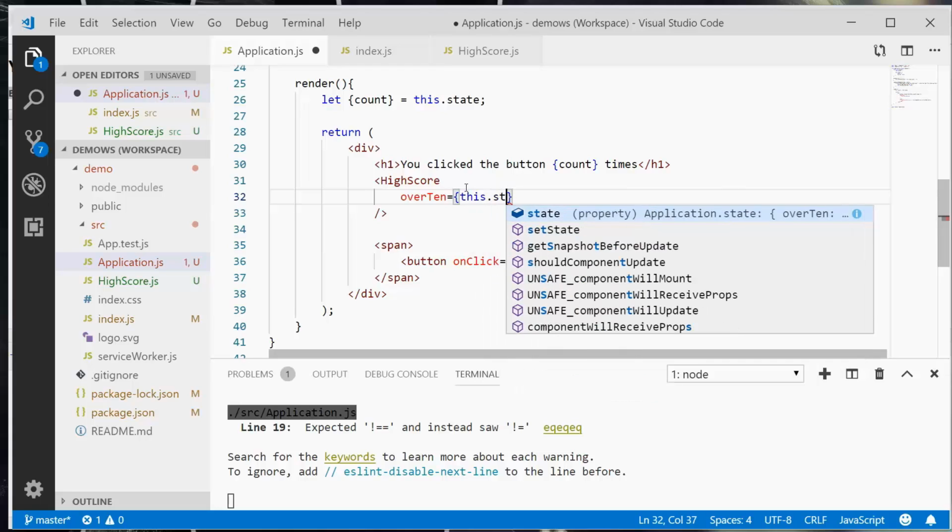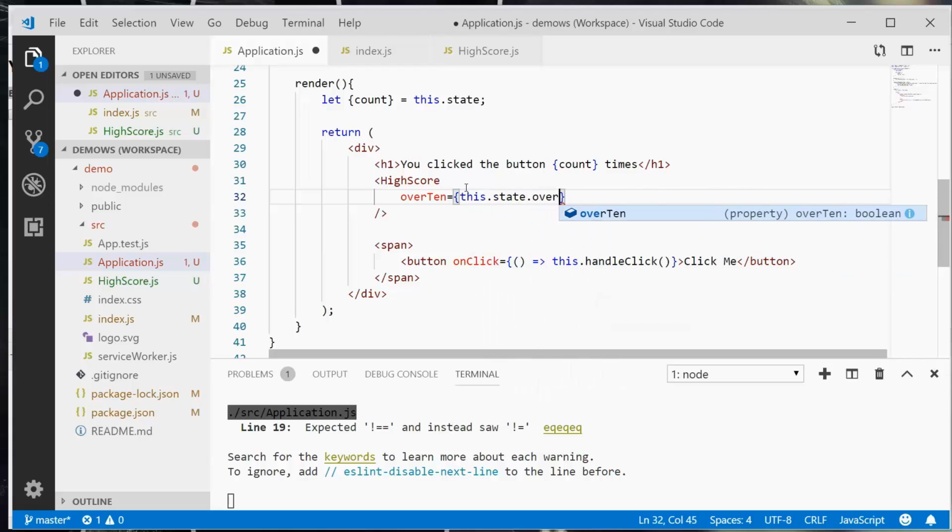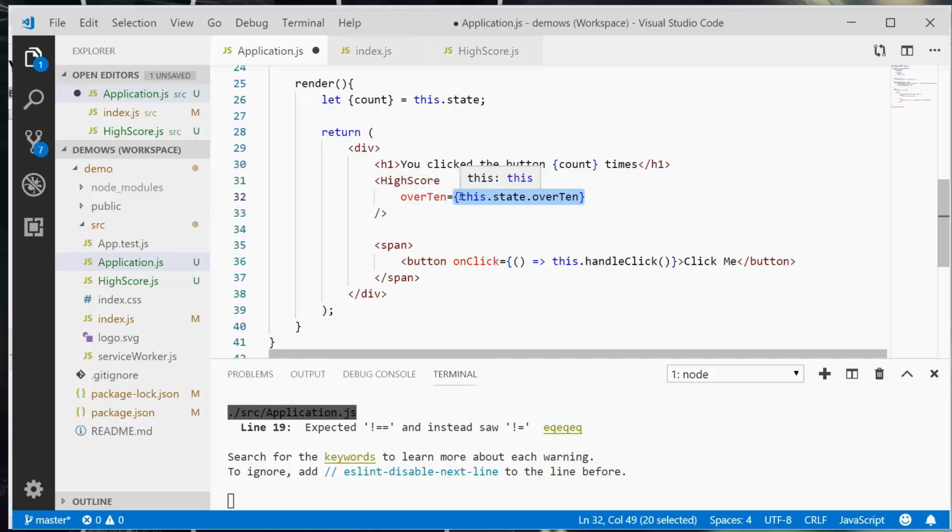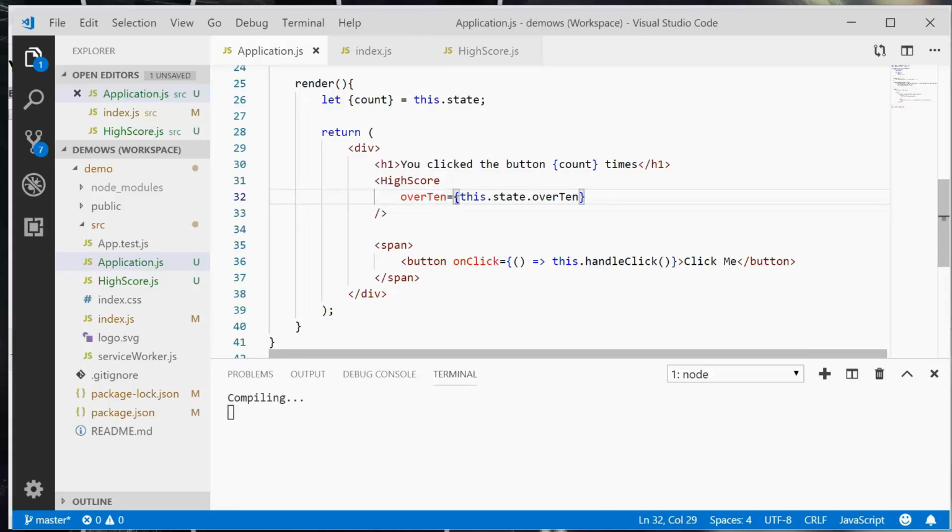and we're going to set it to this state over 10. In order to use JavaScript within the return method, you need to wrap it in curly braces. And so that's what we're going to do here. If it's a variable property that you're passing in as a prop, you need to wrap it with these curly braces. Now I'm going to hit save,